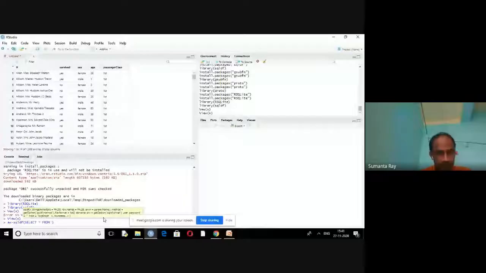You are going to write an SQL statement. So A equals sqldf, select star from X.